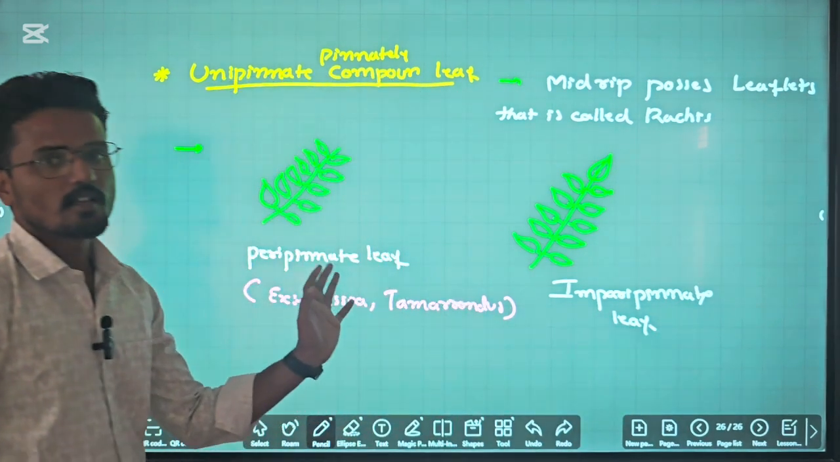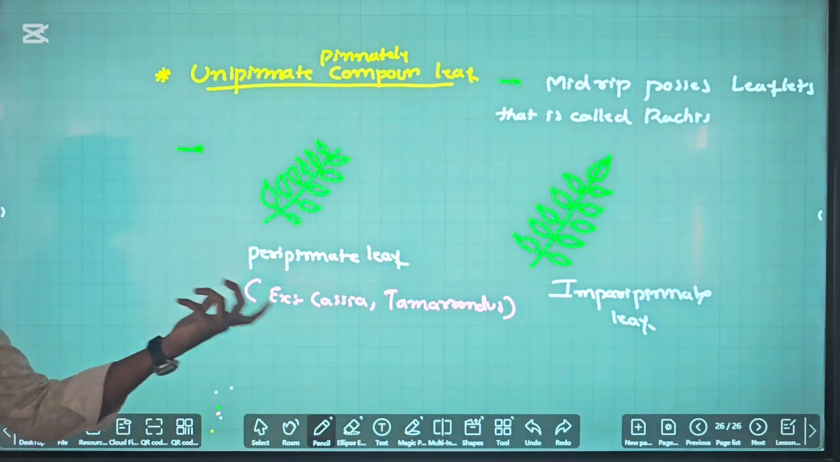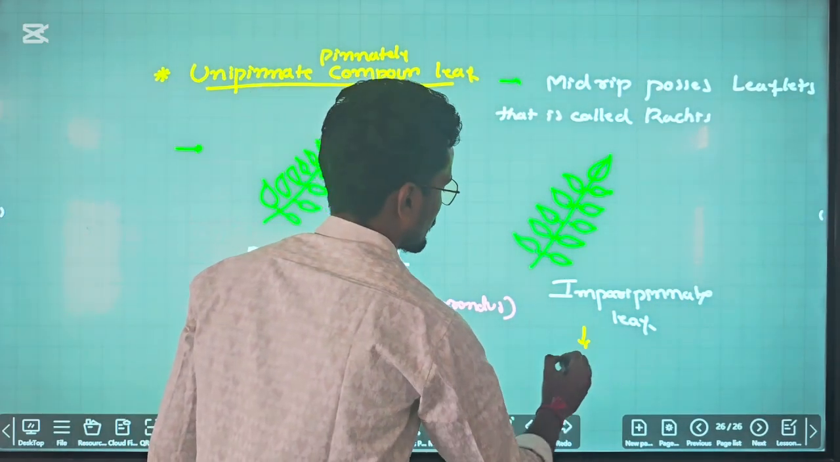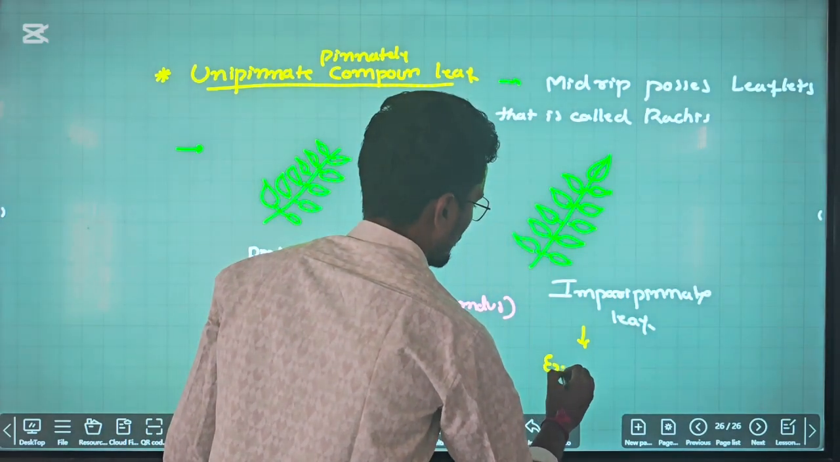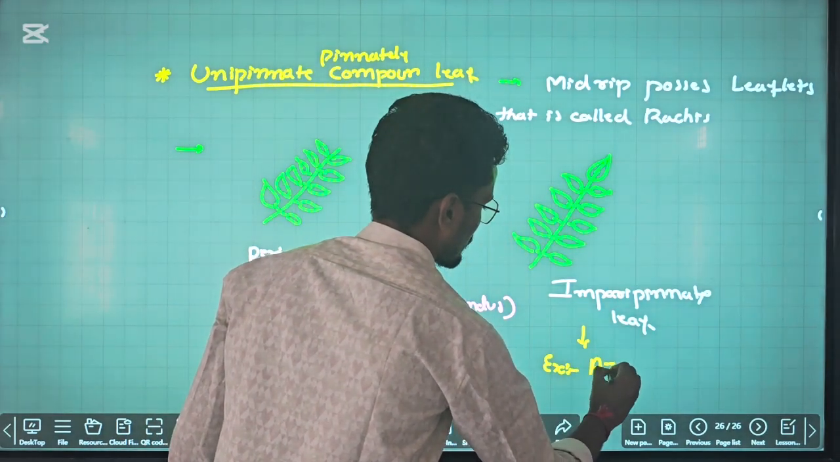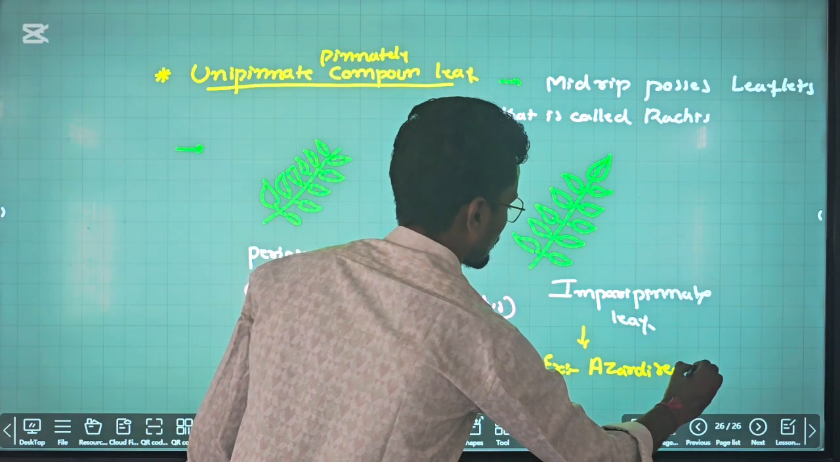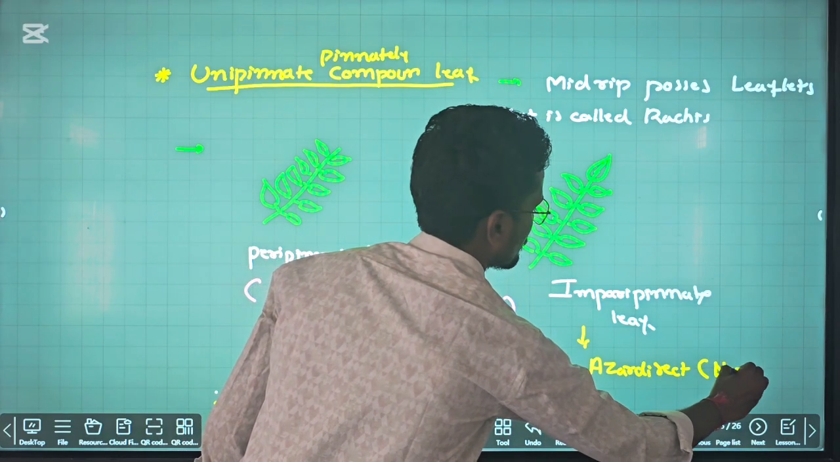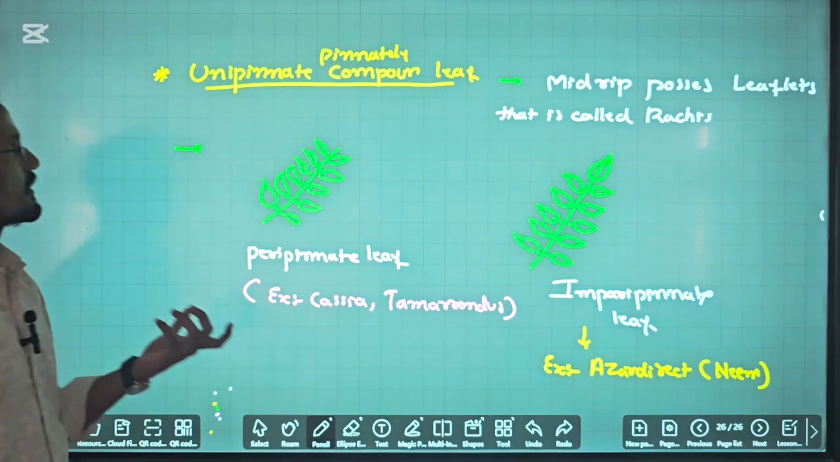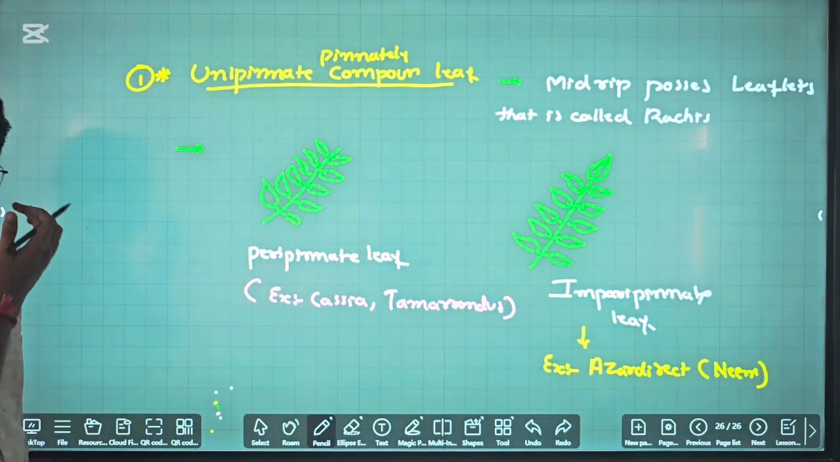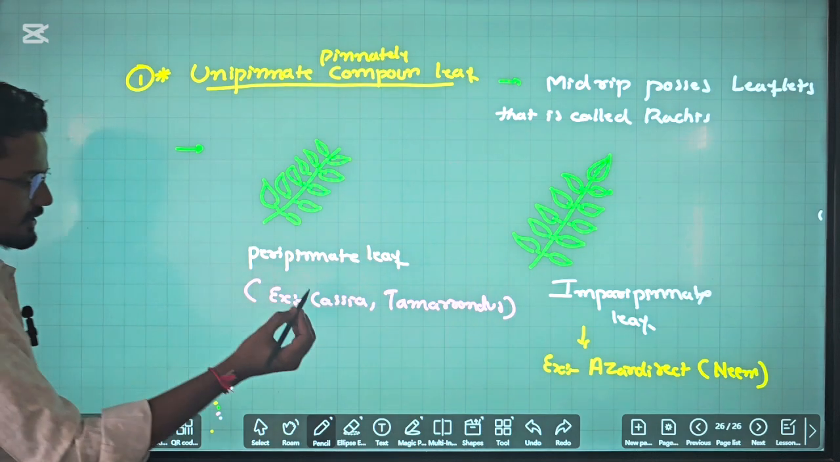These all come under pinnately compound leaf. Example for this one is Azadirachta indica. Common name is neem. So this is a unipinnate. This is the first type of pinnately compound leaf. Next is